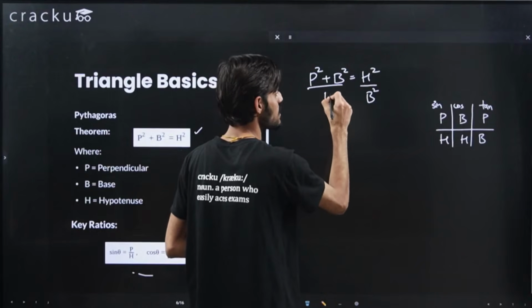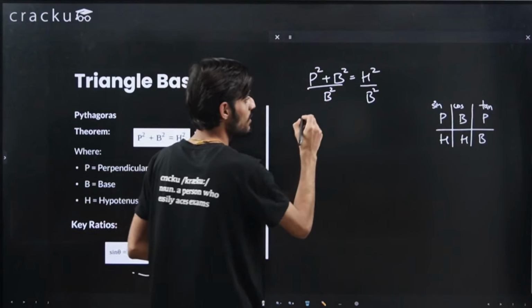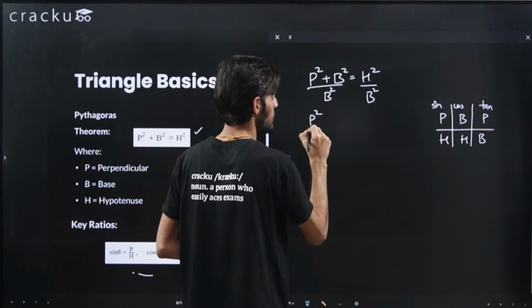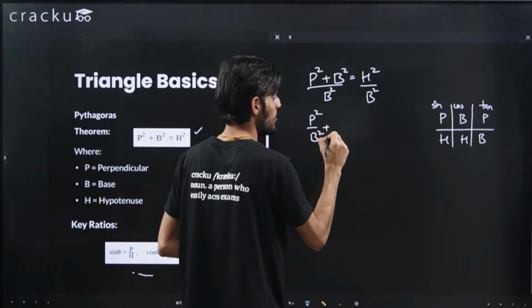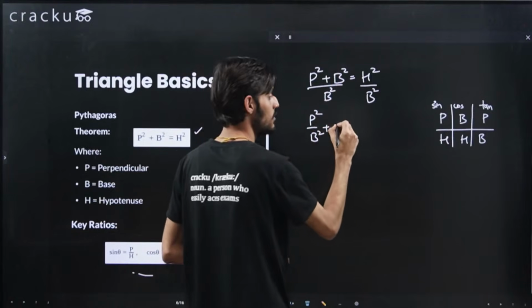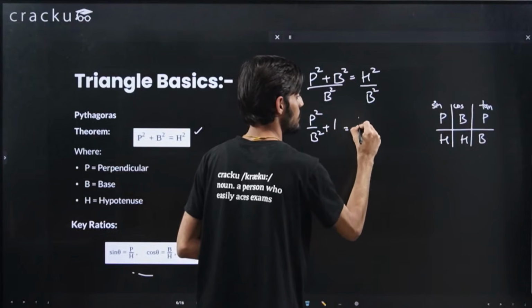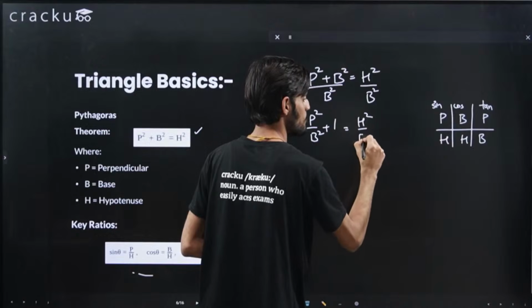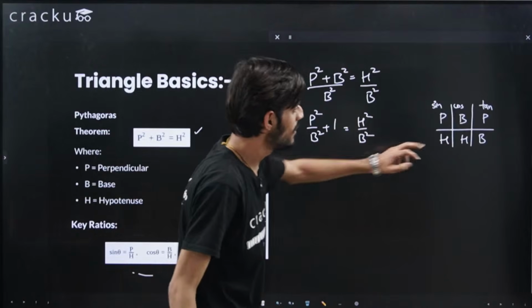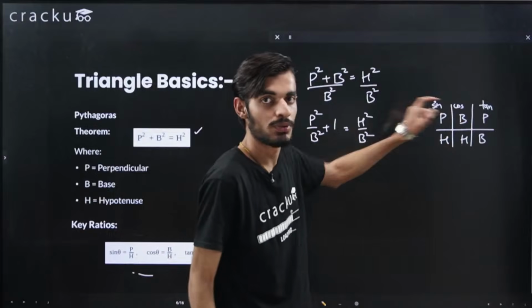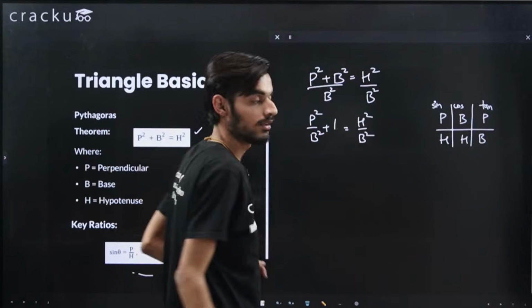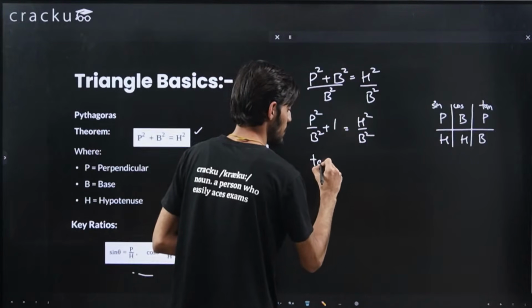So this we can just divide by b square. So p square by b square plus b square by b square will be 1, and h square by b square. So p upon b will be tan, right? P upon b is tan, so p square by b square will be square of tan. So tan square